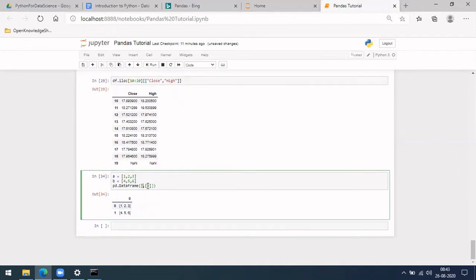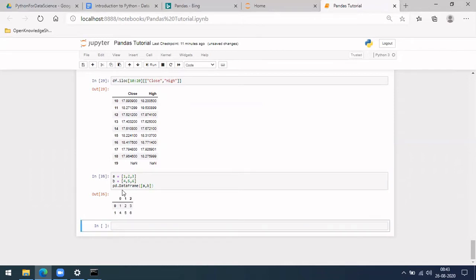If you see this, the 0 1 2 3 are just column names.